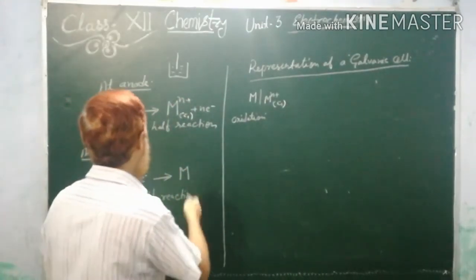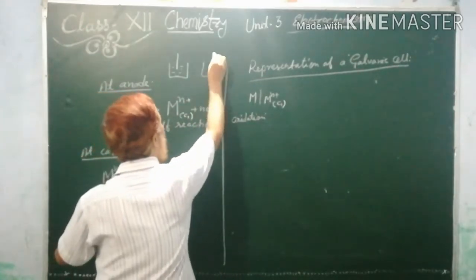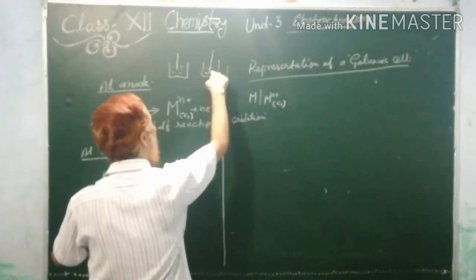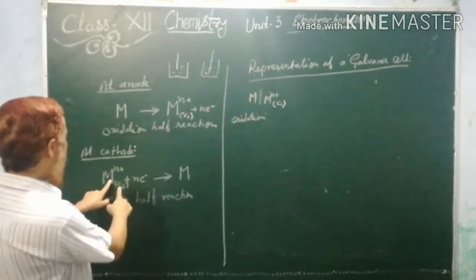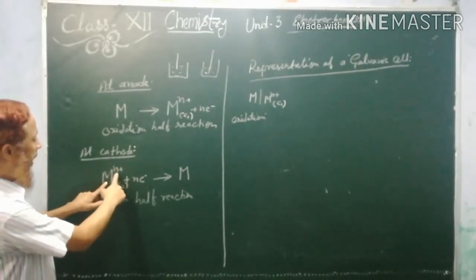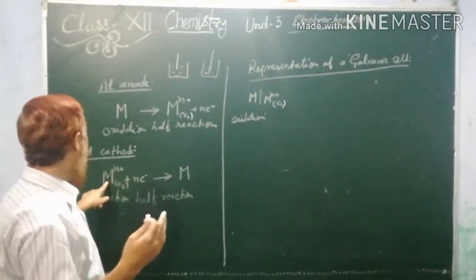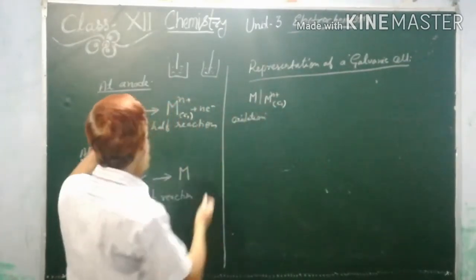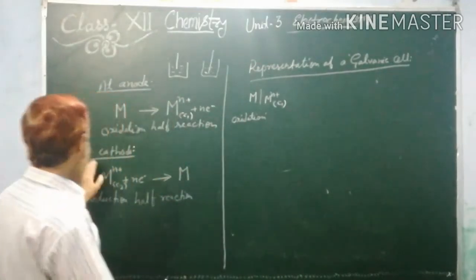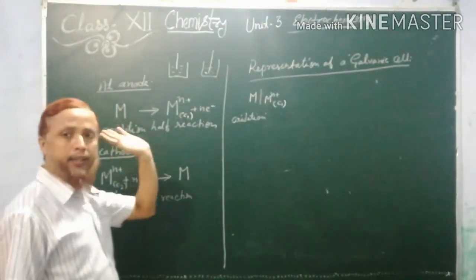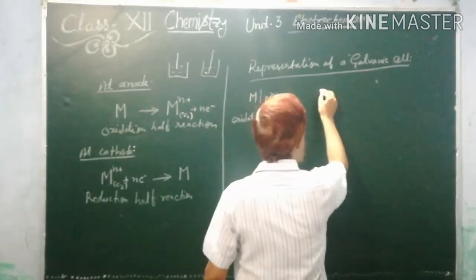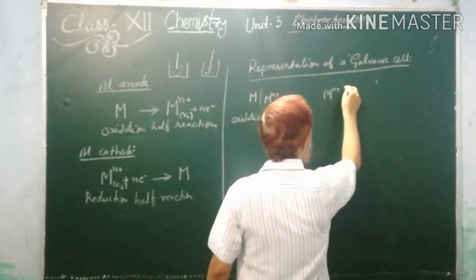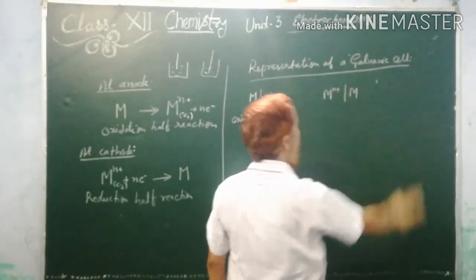So here at the cathode also the same thing is there: the cathode is in touch with the ions in the solution. But what reaction takes place? Mn+. First we represent the reactant and then the product. Here, the reactant is metal and the product is ion. At the cathode, the reactant is ion and the product is metal. So we will write it like this. At the cathode, ions always change into metal.